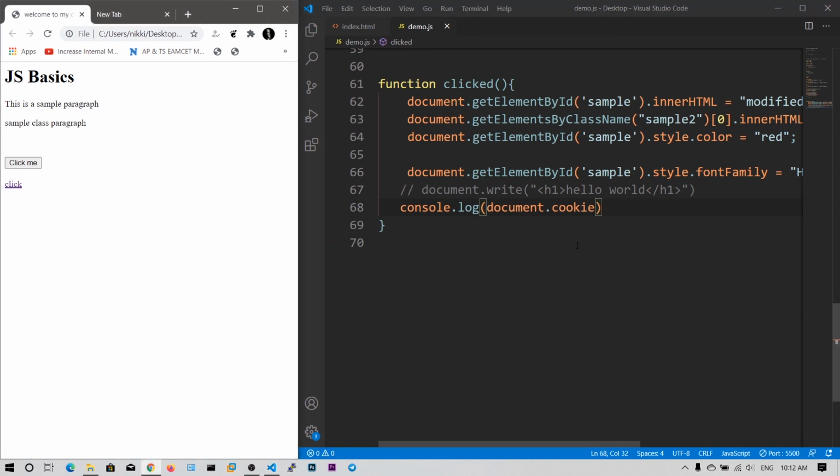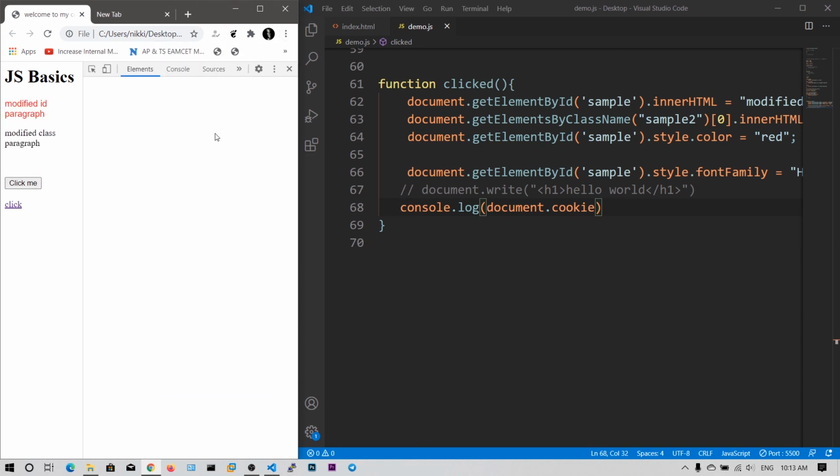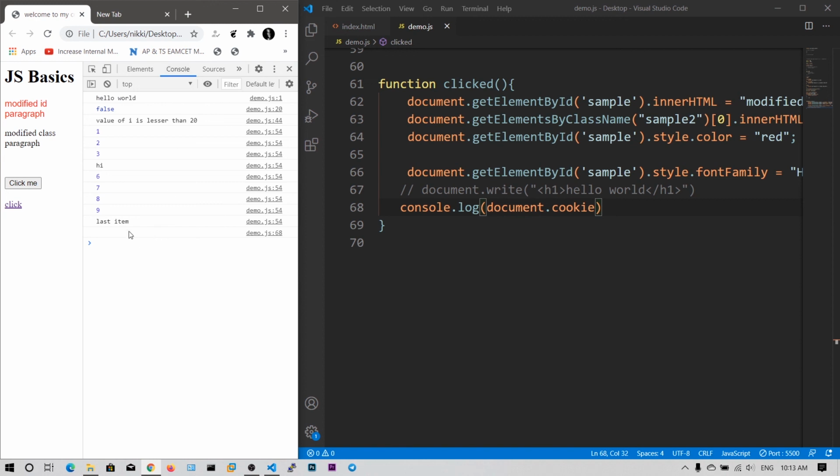Generally we do not have any server side cookies, but I want to just show you the syntax. If I click me, okay, that's fine. And then if I go to this inspect console, there is no cookie. Okay, there is no cookie for our simple HTML and JS.